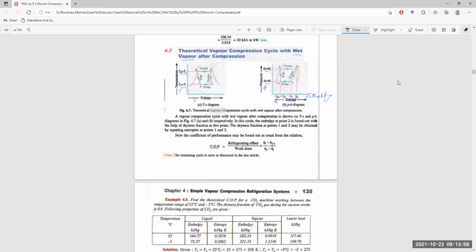H2 minus H1 is the amount of work the compressor is doing, or the amount of heat energy added to the refrigerant during the compression process. So here it is also the same, but we have to find out the value of H1, the value of H2, the value of H3, and the value of H4 with our given conditions here. H1 always has at the stage 1,